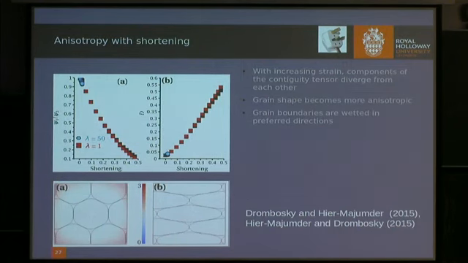So there are a couple of things. What I wanted to show here, maybe focus on this part: we're looking at the ratio of the 2 principal values of contiguity. The contiguity is a tensor now, and these are the 2 eigenvalues, psi1 and psi2, the 2 principal values. And what we see is that as the aggregate shortens overall, this value becomes very far from 1. And 1 is basically when the contiguity is isotropic. So we get pretty strong anisotropy in contiguity as we keep deforming these grains. So what does that mean